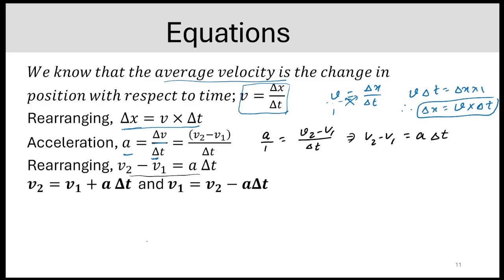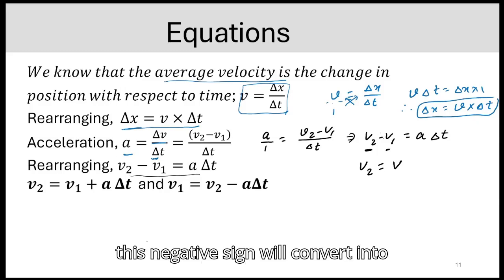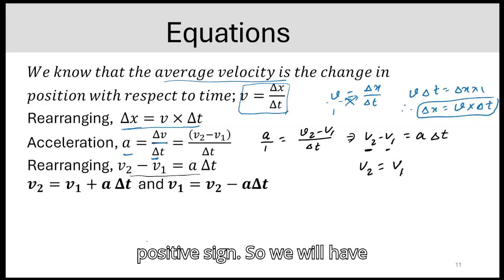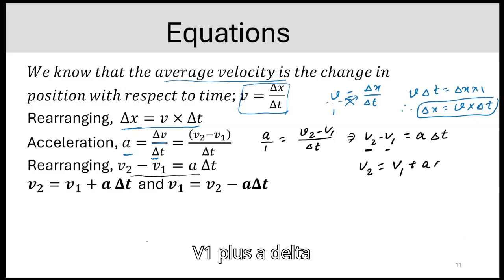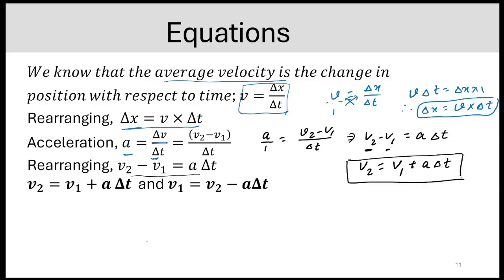And now if we simplify it more and separate v2, we move this v1 to the right side and this negative sign will convert into a positive sign, so we will have v1 plus a delta t. So we have a new relation here, v2 is equal to v1 plus a delta t, which is used for